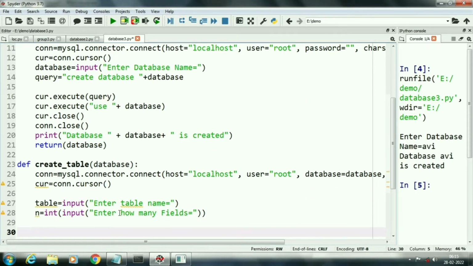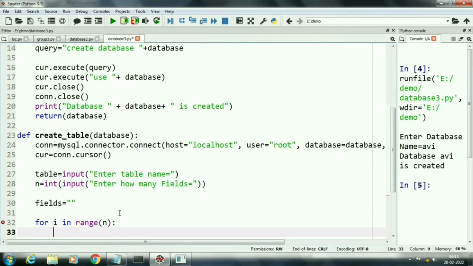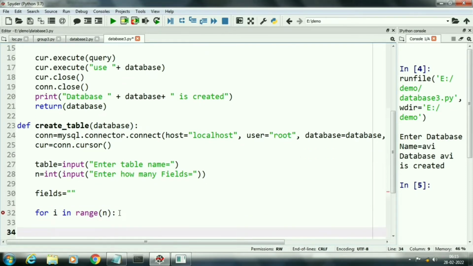Next, we will create an empty string variable named fields. Now we will create a for loop for inserting all the fields of the table one by one. In this loop, first of all, we will input field name.